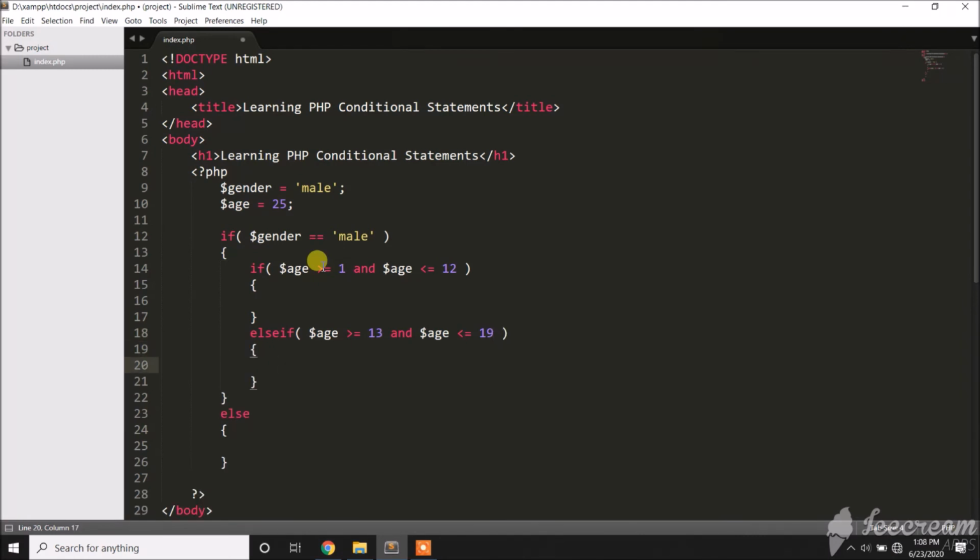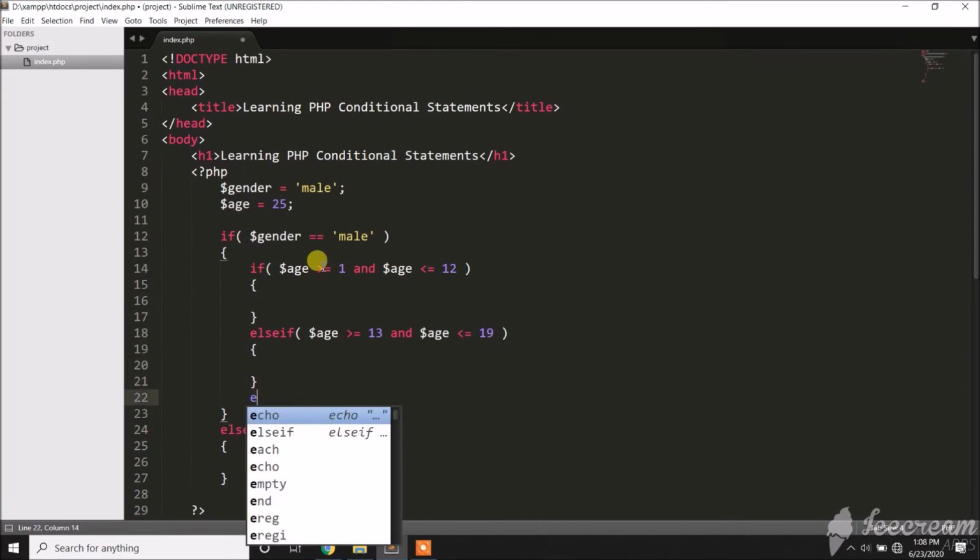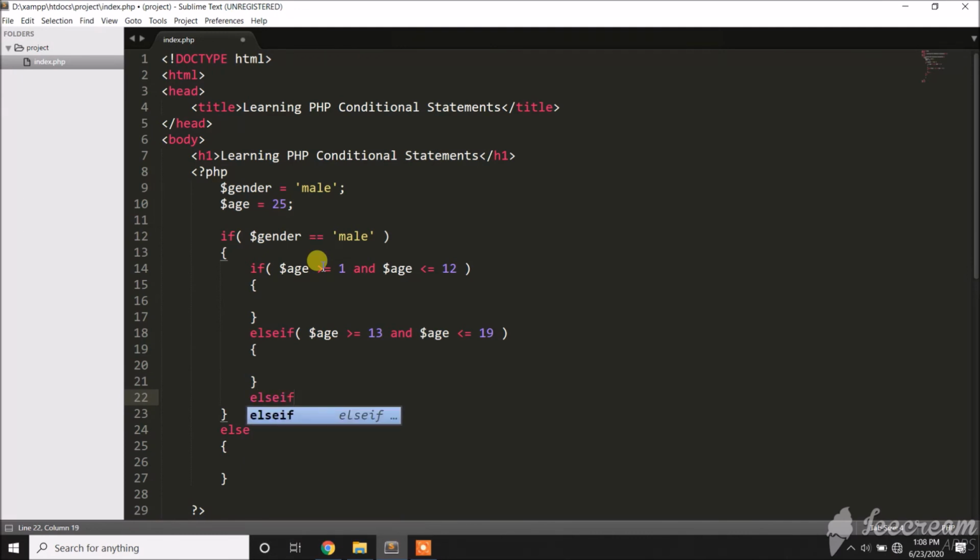Okay, the next is else if age naman is greater than or equal to 20 and age is less than or equal to 59. Okay, then the last one